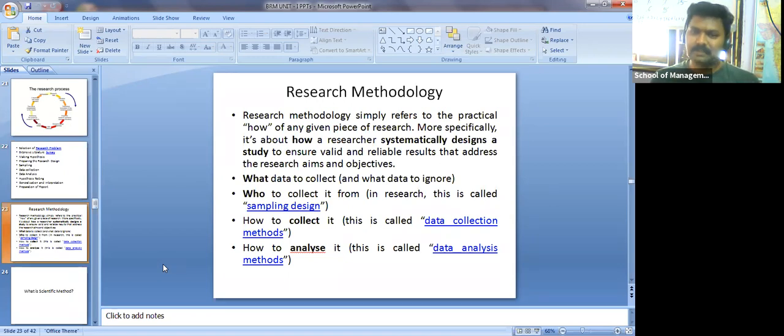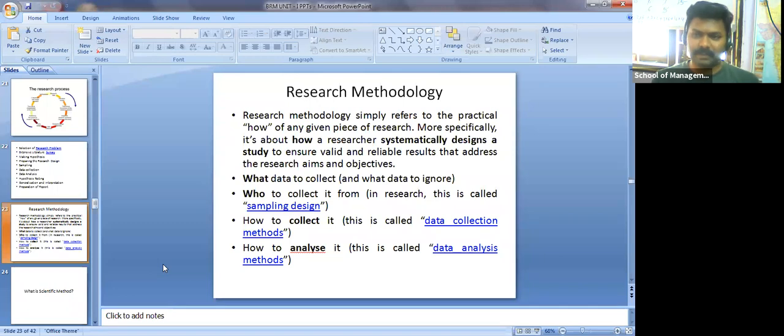It is easy, right? So how you are going to collect data, this is called the data collection method. Either primary data or secondary data. So we may depend upon either primary or secondary data. Primary, which is first-hand information. Secondary data, which is readily available, which is already published.